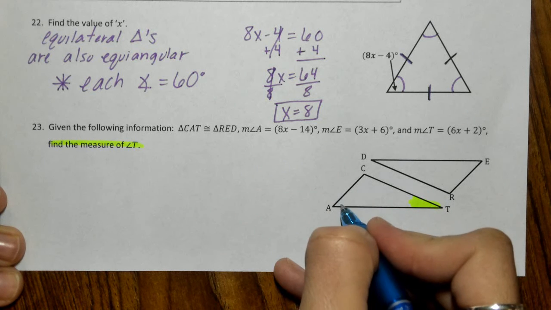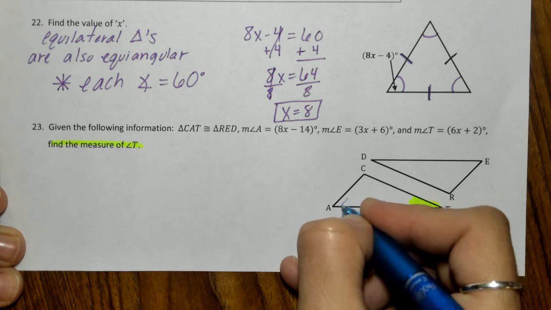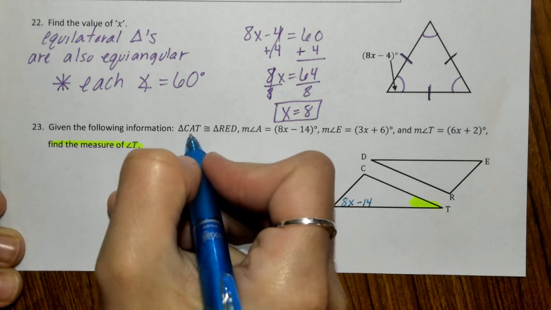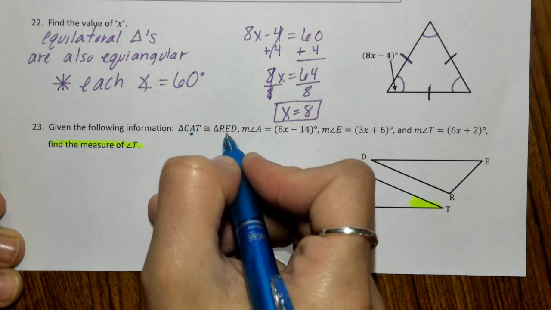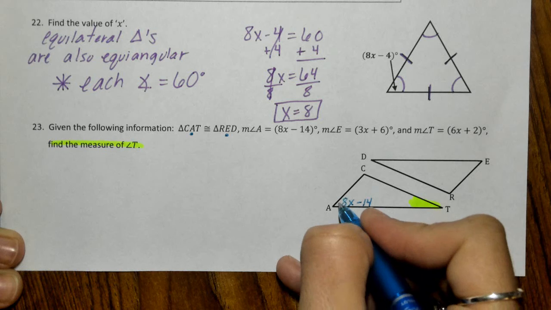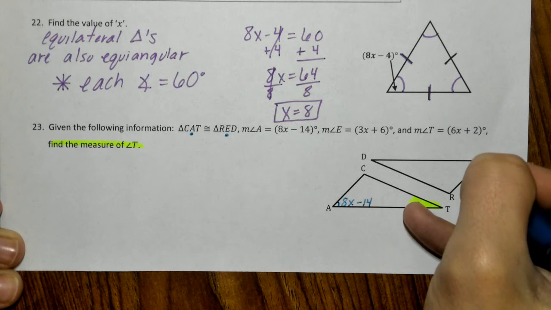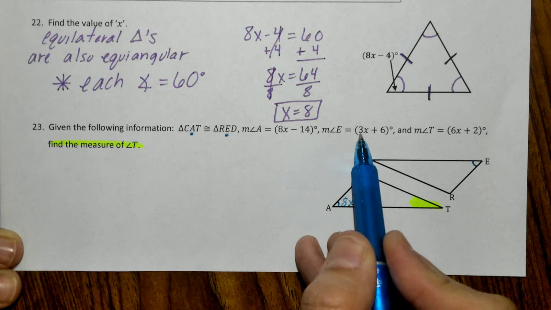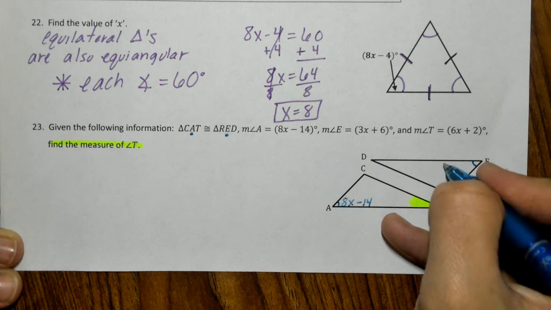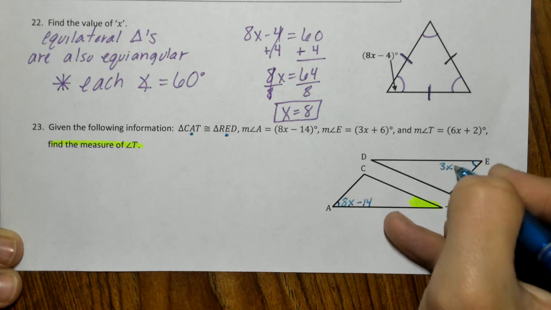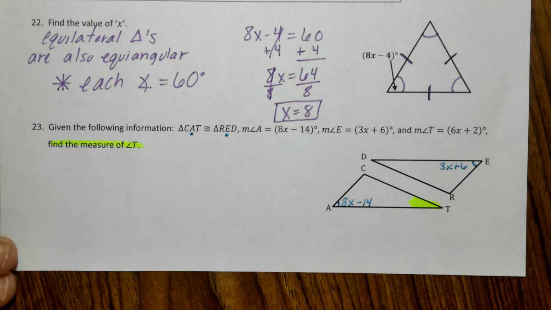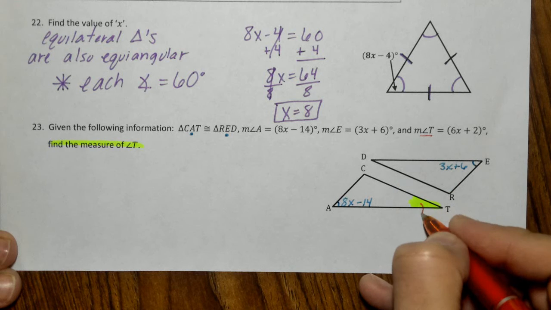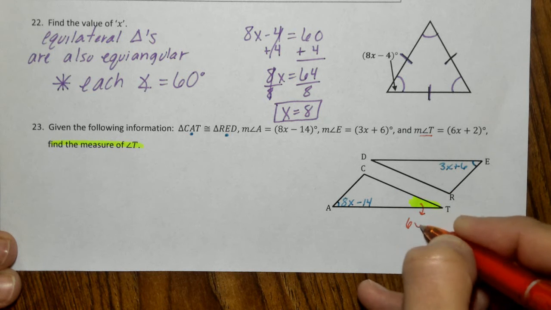Angle A right here is going to be 8x minus 14. And I want to check this out. Angle A is going to correspond with angle E. So that means angle A and angle E will be congruent. The reason I want to know that is because here they give me the measurement of angle E, which is going to be 3x plus 6. Then they're going to give me the measurement of angle T right here, which is going to be 6x plus